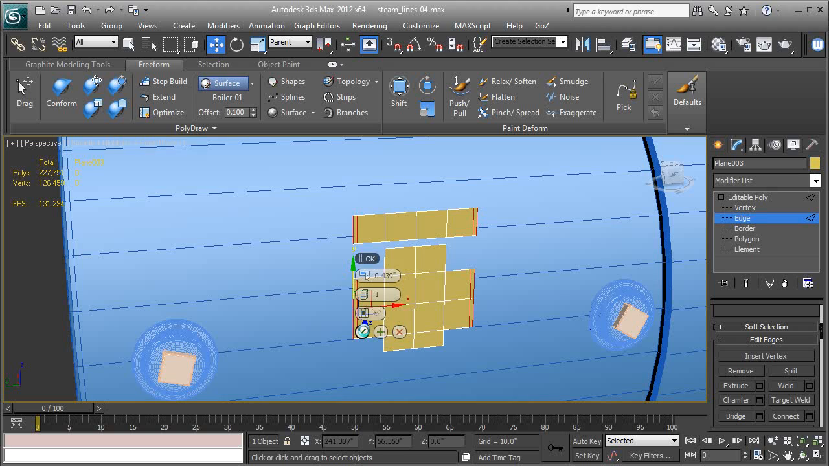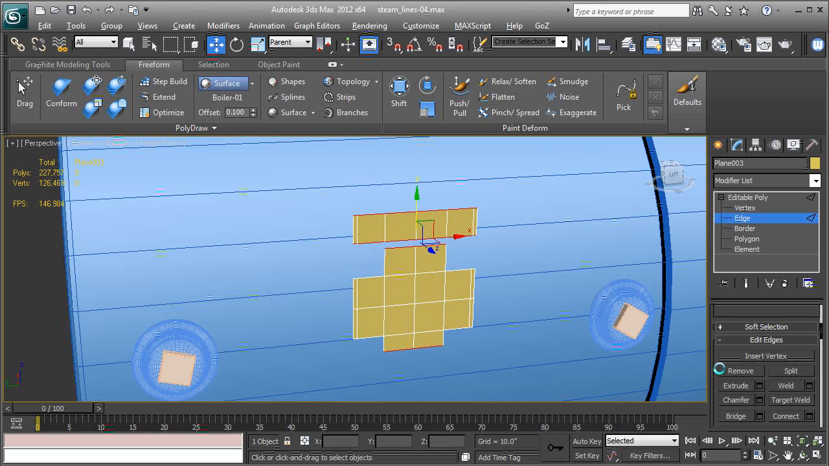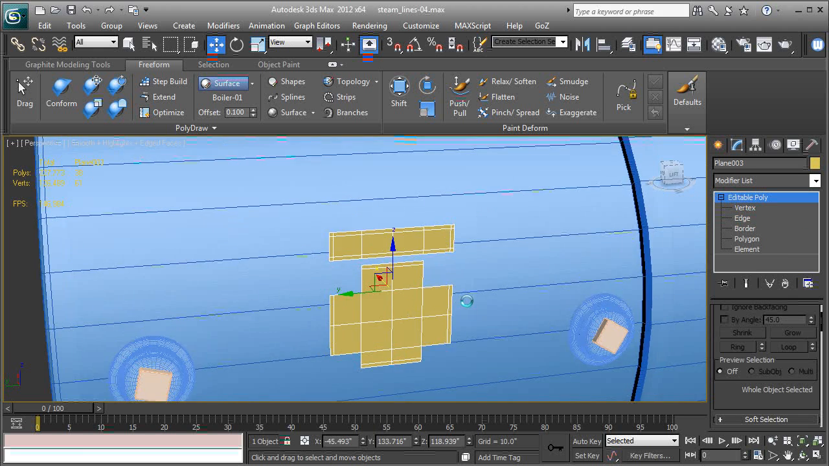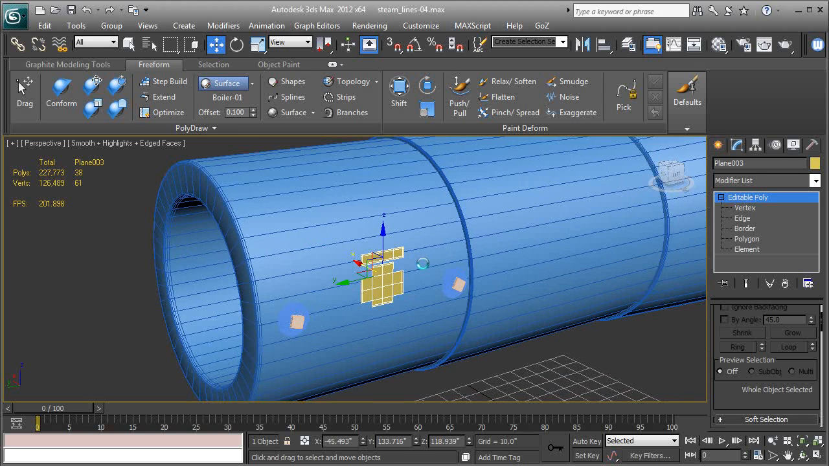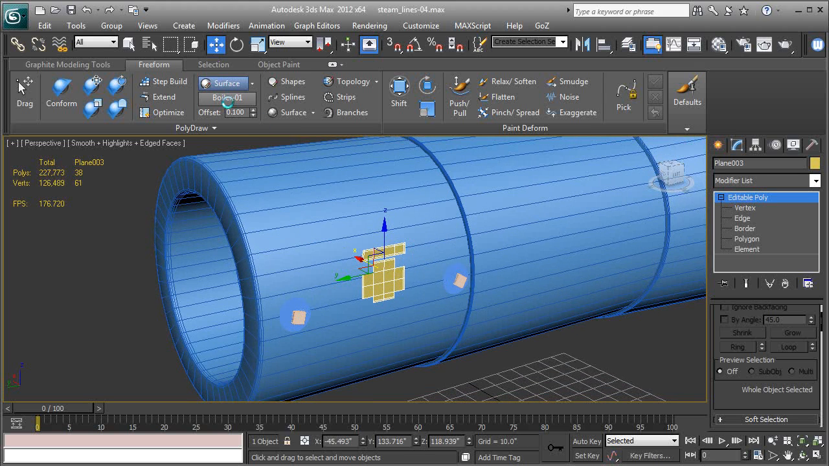Okay, and we'll check OK. And we'll do the same for the horizontal edges, but only at the top and the bottom of each element, just like that. Chamfer. OK. And now, with the badge selected, and we still have boiler as the surface, we can